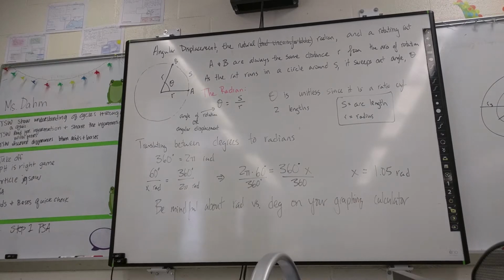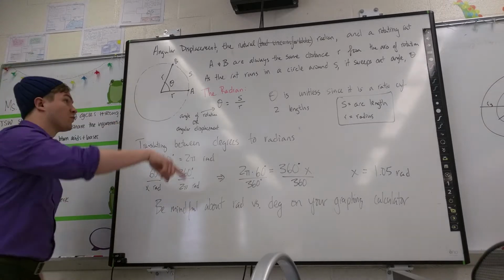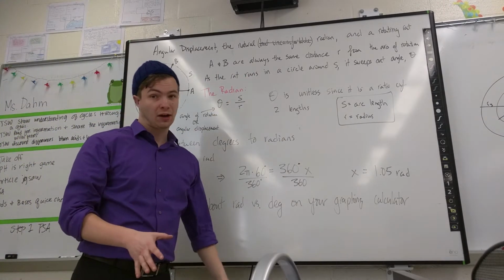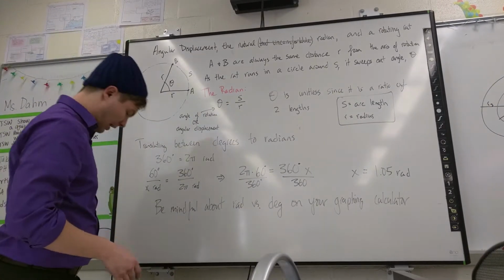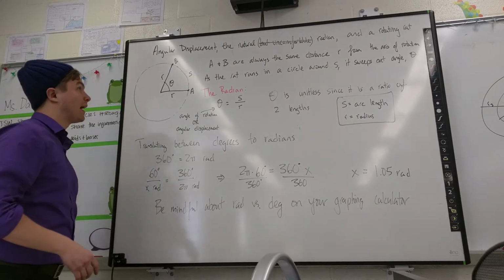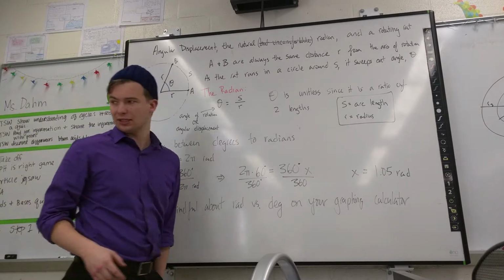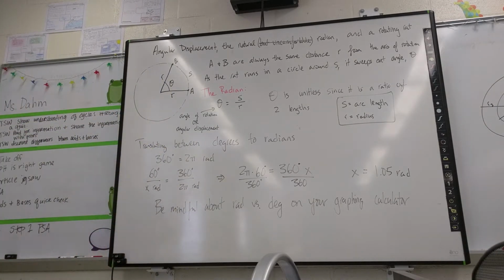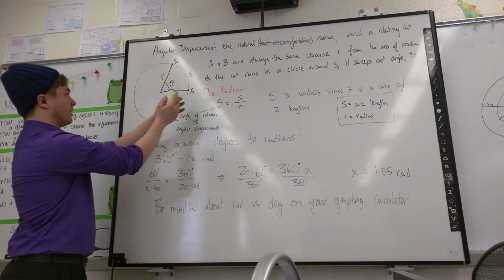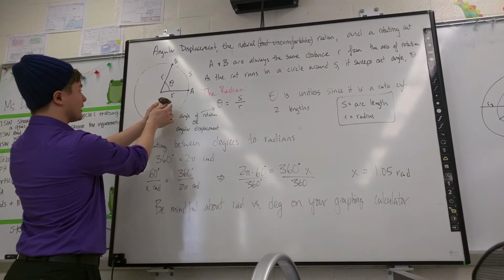Our second video is on angular displacement, the natural but uncomfortable, but hopefully it will be comfortable radian, and a rotating rat. So what I want to use for this example is a rat. I'm going to take, let's say, Lola, and